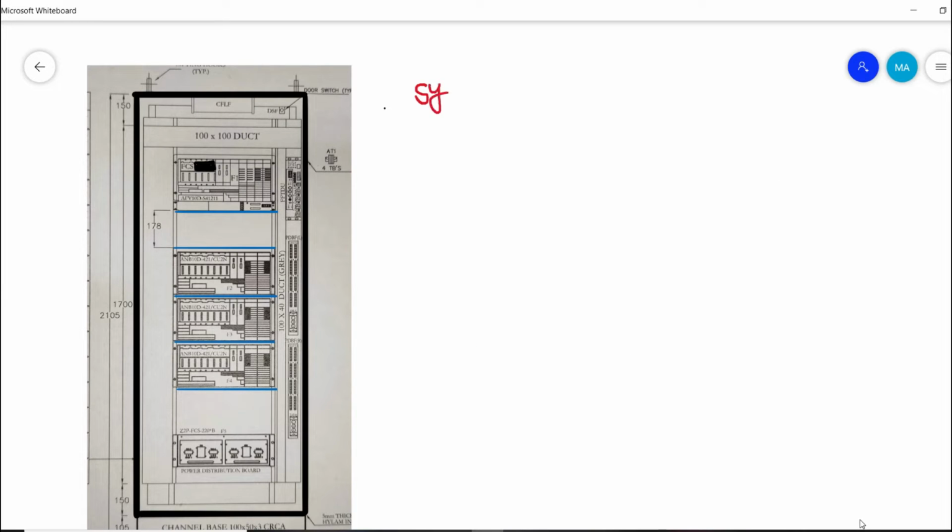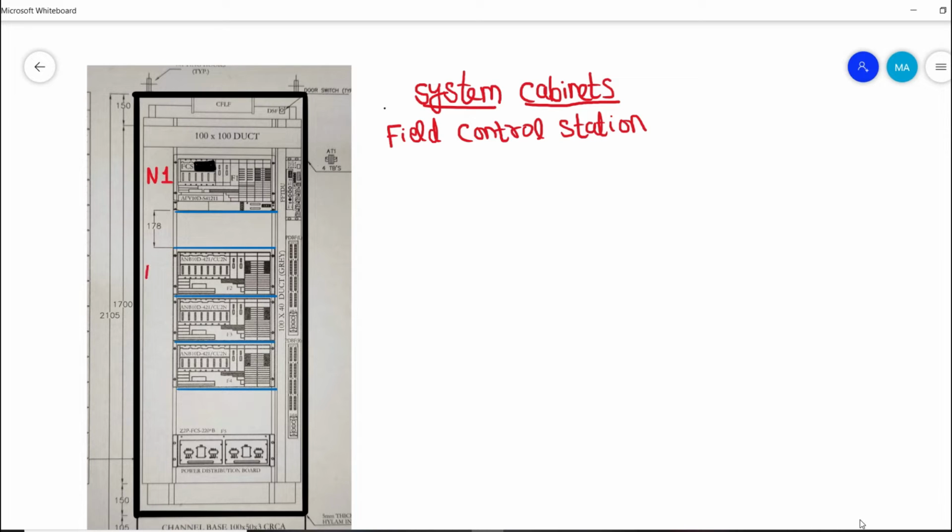So this is the general arrangement of a DCS, distributed control system cabinet. You can see over here we have different sections from top to bottom. We would discuss each section in detail. In section 1 we have the field control station, which we can refer to as node 1. Each and every section would be referred to as a node unit. Totally we have node 1, node 2, node 3 and node 4, and the remaining nodes would be installed in the rear side of the system cabinet panels.